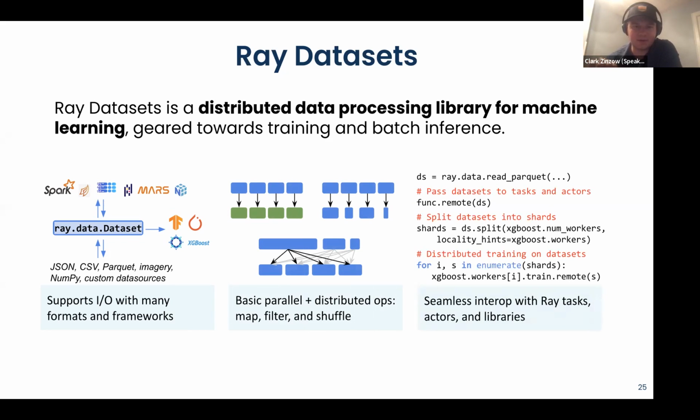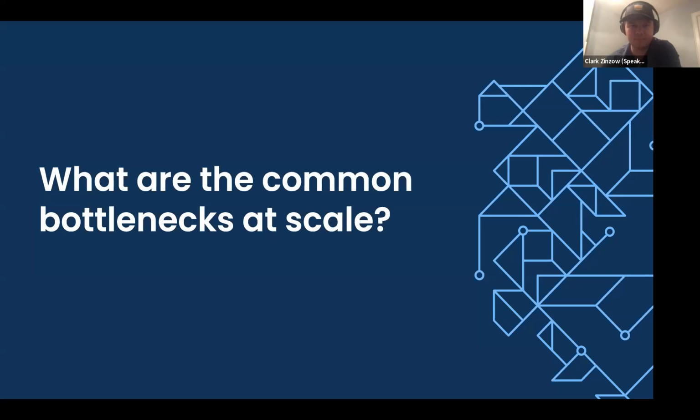All the datasets is under the hood is some of those Ray core future objects, where it's just references to some data blocks sitting off in your Ray cluster. So you can easily pass that to tasks, to actors in the super obvious way. You can just hand off a dataset object to an actor, and then it can start consuming that data, and all of the data is resolved and transferred in a very efficient way.